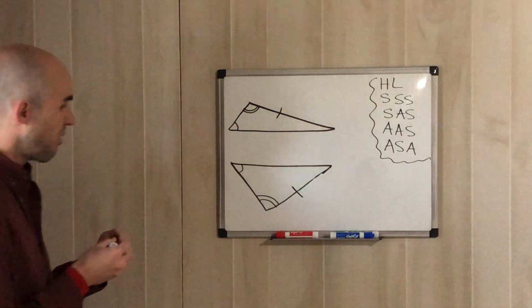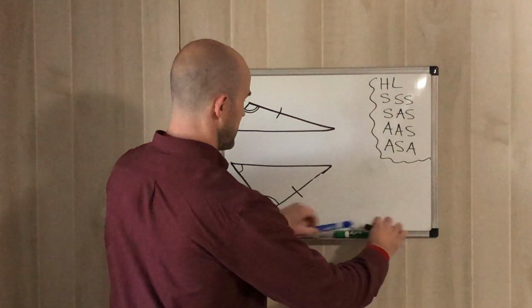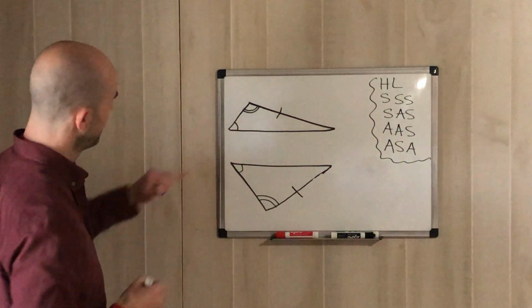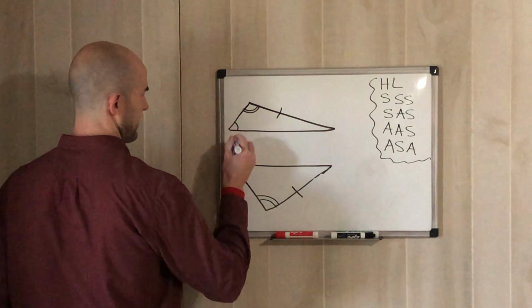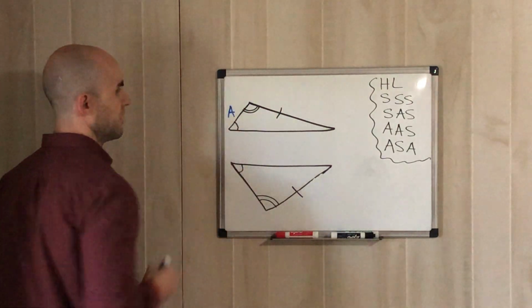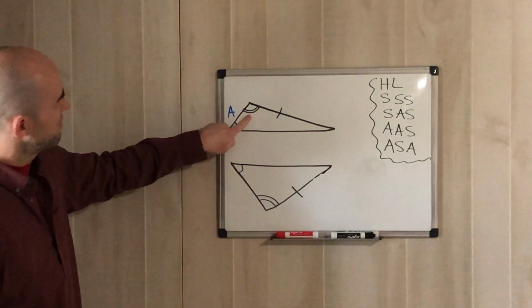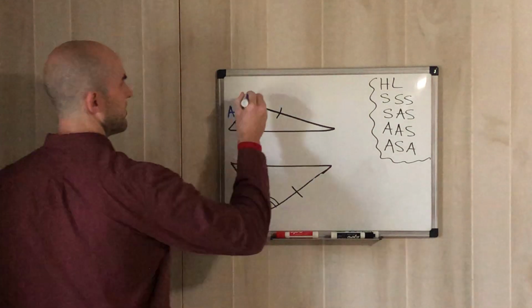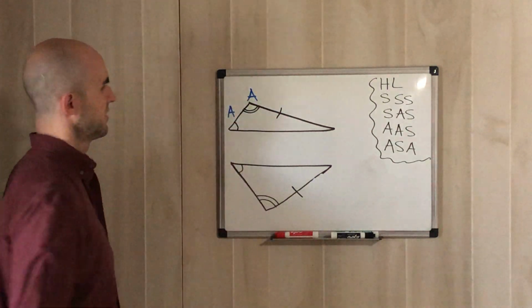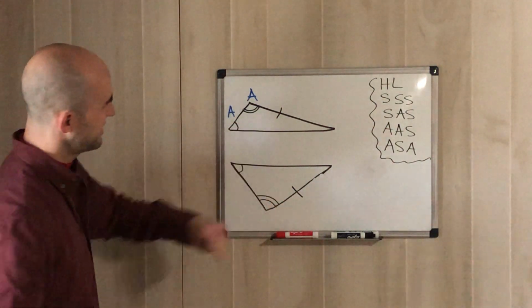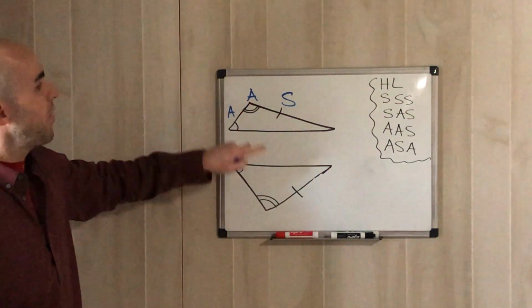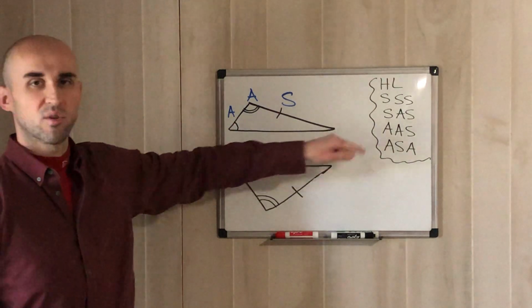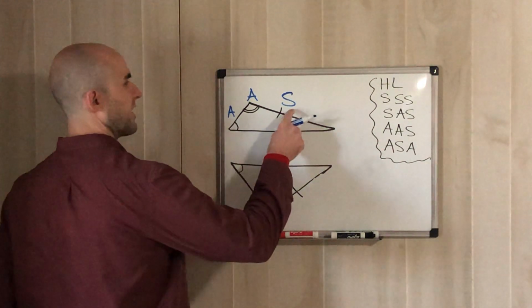So again, going by what we know, let's go off everything that we see, right? First thing we see, we have a curve here, that's an angle, right? We have 2 curves there, we have 2 curves there, that's another angle. Then we have a tick mark and a tick mark. That's a side right there, right? So now again, we got 2 angles and a side, AAS or ASA, and then ask yourself, is this side